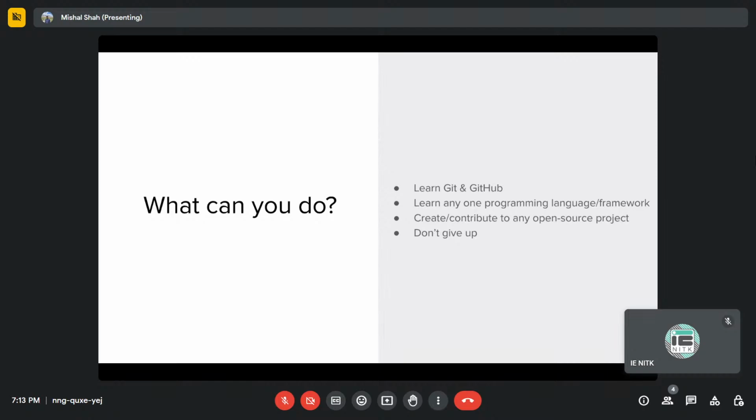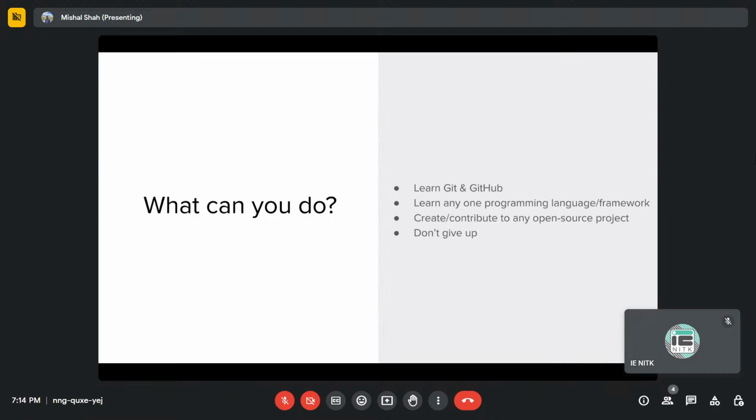Great, whatever you said is fine, but what is it that I can actually do to start contributing to open source, or how do I actually contribute? So in general, you need to know version management, like version control systems. That's where Git and GitHub come into the picture. Git is the version control system. GitHub is the software which is empowering the hosting of software and so on. There are more tools like GitLab, Bitbucket, and many others, but in general, Git and GitHub are used a lot more than anything else.